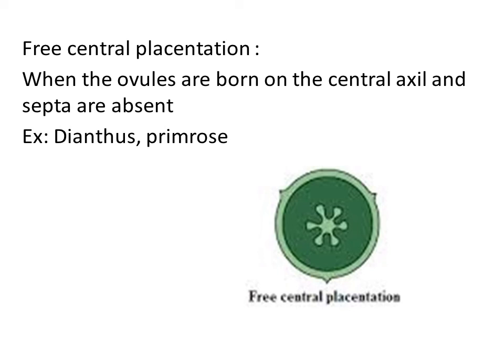So just observe the diagram. In the diagram, they have given the cross section of ovary, and the actual position of placenta is towards the center. To the central placenta, a number of ovules are attached, and you can observe the ovary does not consist of chambers. There are no locules, no multilocular condition here, because the septa are absent. Clear? So this kind of placentation is named free central placentation.